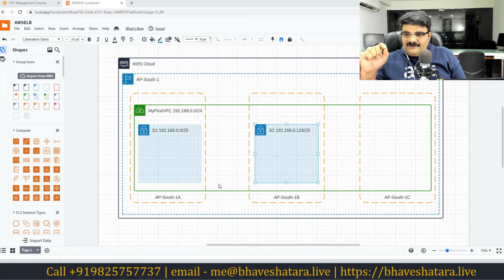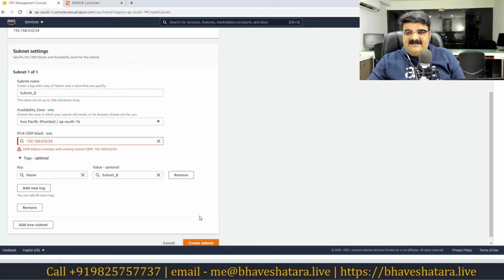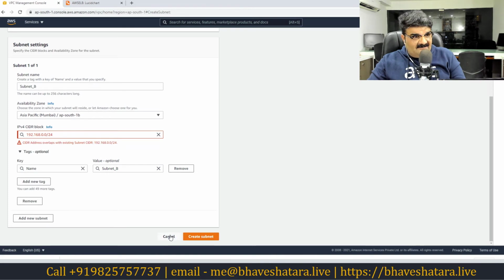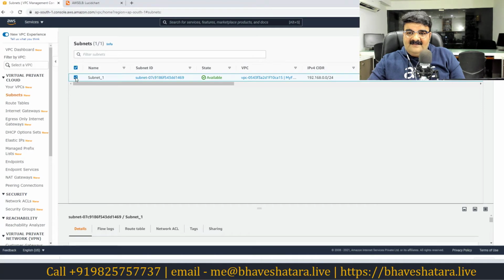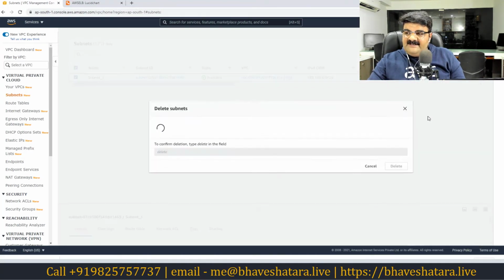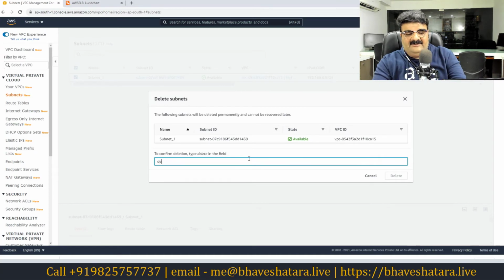Okay, so now I have to use it like this. First of all, I cannot edit the subnet, right? I cannot edit the subnet, so I cannot create subnet 2 right now. So first I have to edit subnet 1, because I just assigned all the IP address range to subnet 1. So in this case, let me delete this. You cannot modify or edit, so let me delete the subnet. You have to type delete.